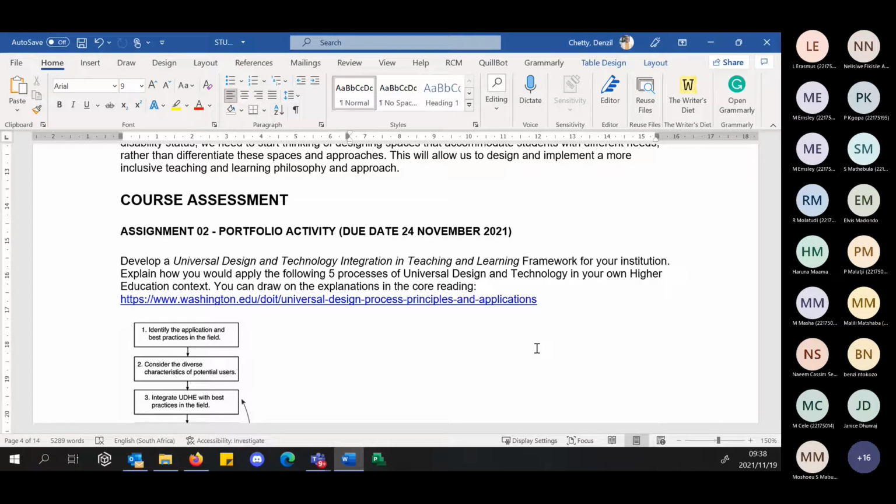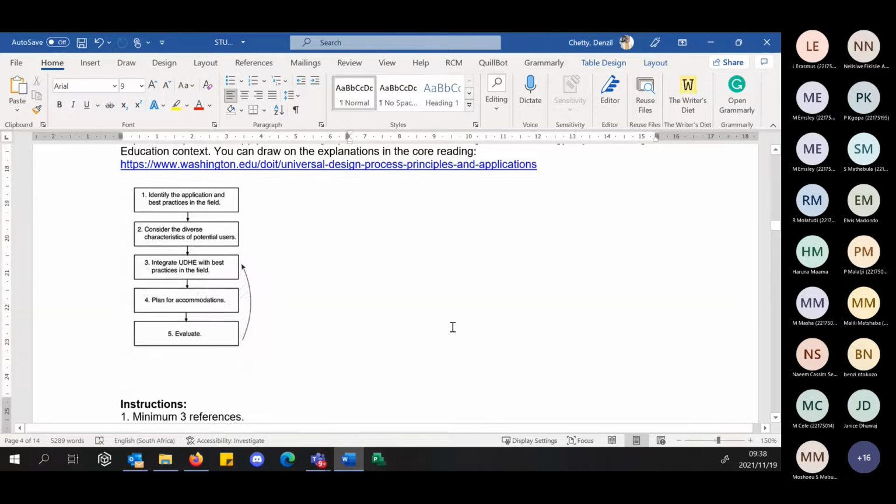Now, let me stress here, colleagues, that what I'm looking for is that while we think of innovation, we think of inclusive innovation. That's what I want to assess here: that you can frame something as integrating education technology in your own context, but that you can develop standards and compliance in thinking of inclusive technology, right? And here, a minimum of 3 references.